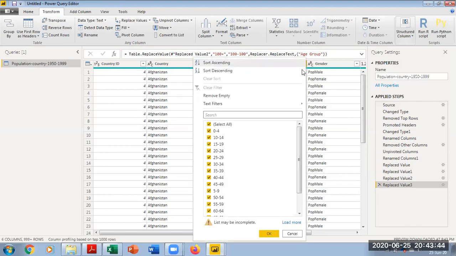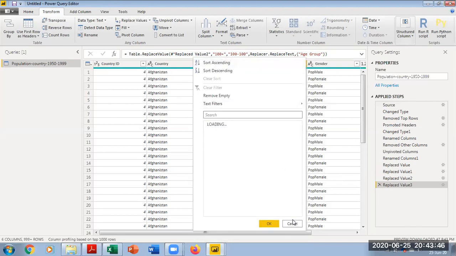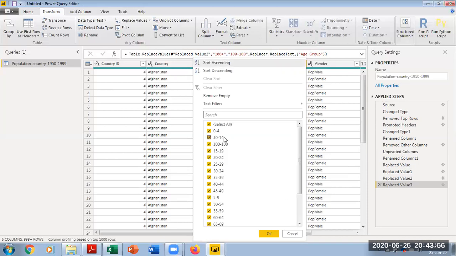Now when I go down to this point, I don't see any bug as such. All my data are similar throughout my column. It says from 0 to 4 to 100 to 100, and all the values come one below the other. Now you can see that the data comes out pretty perfectly. I don't see anything. The 80 plus is gone. The 100 plus is gone. There is no date in between my list. And what I've done is perfect.